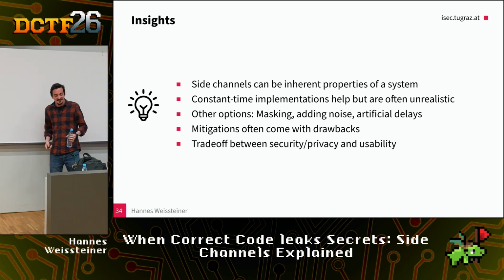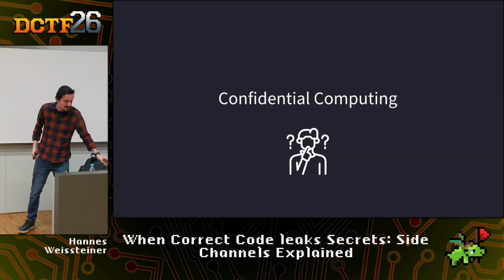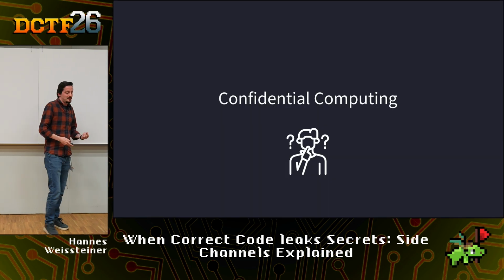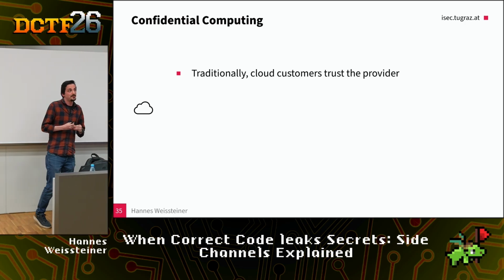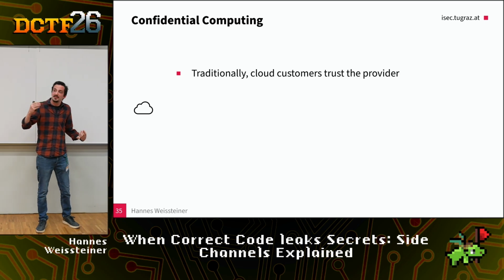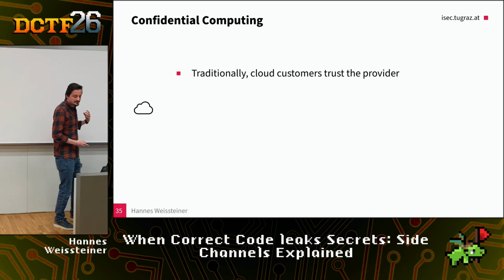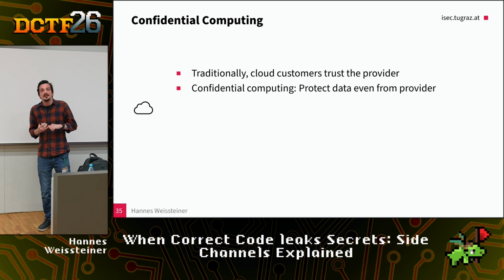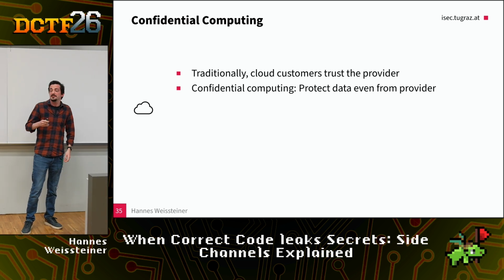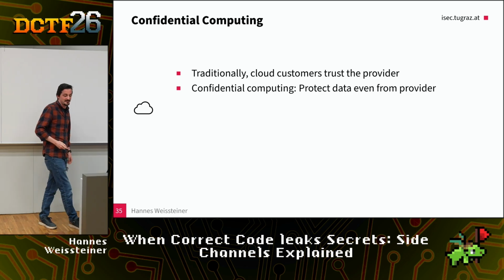And this is made even more interesting by this new thing called confidential computing. Because previously, if you hosted the server on, I don't know, Google Cloud, you trusted Google to not access your data. Confidential computing tells you, okay, you're now so securely encrypted, not even your hosting provider can see that data.